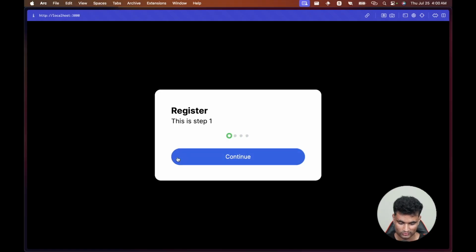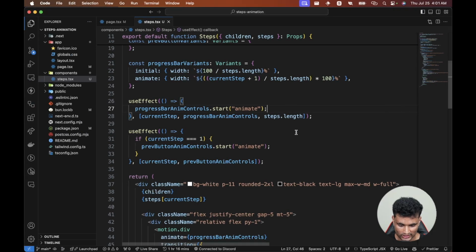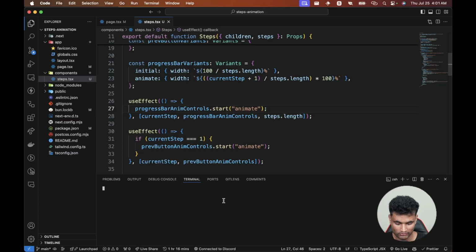Perfect. Yeah, it works. I thought that there was one more step. Oh yeah, there is actually one more step. We need to make this continue button finish. For that we are going to need to use React icons. If you have an SVG logo, that would be much better, but I'm just gonna use React icons for this video. Bun install react-icons,